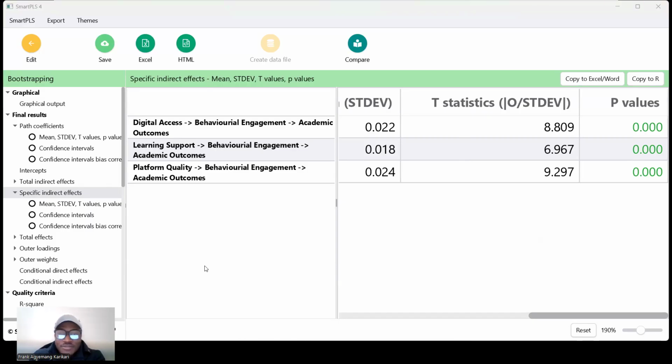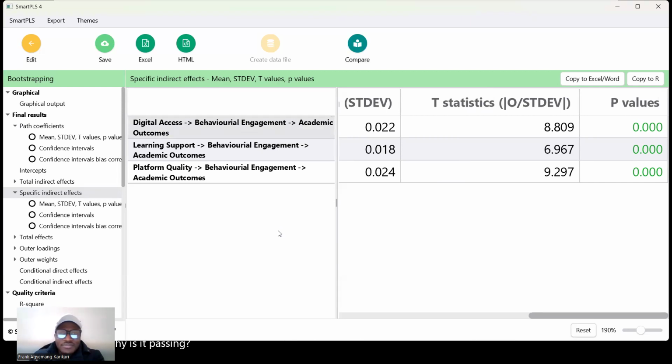Full mediation. Really? Is there anybody who wants to also try? Is it full mediation or partial mediation? Between what and what? You can just try. Let's give it the first one. It's digital access and then the behavioral engagement, and then that of academic outcome. Is it full mediation or partial mediation? Say it's partial. Why is it partial? Because